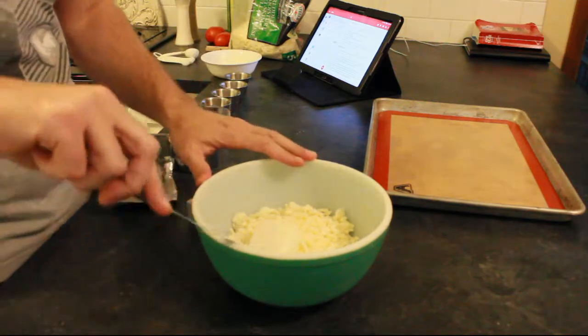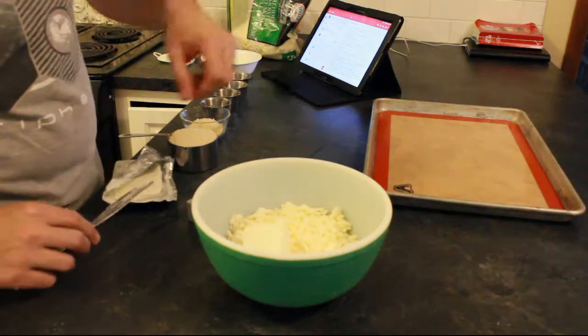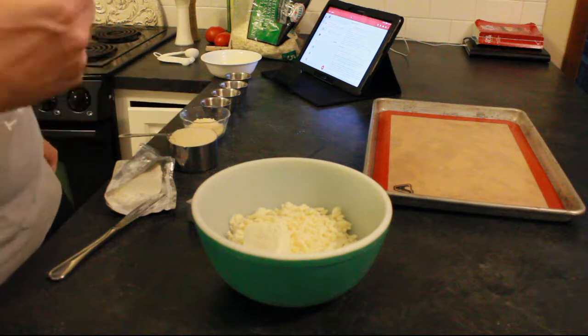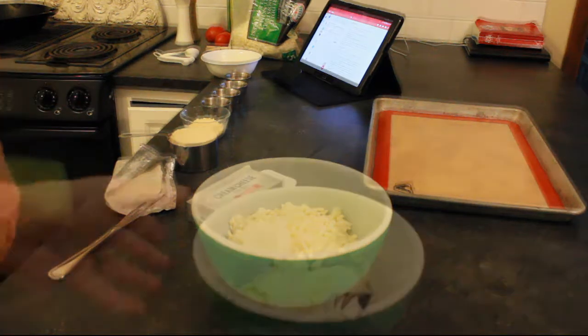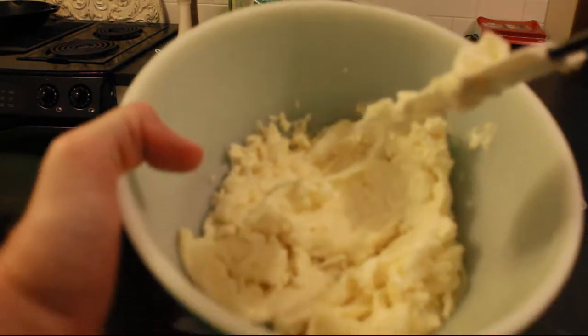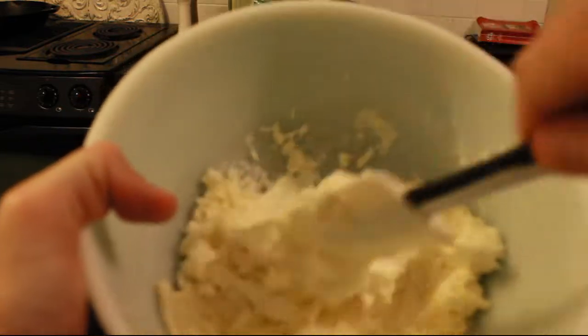I normally have to cook mine a little bit longer because we do have the frozen mozzarella, so it's probably a minute and a half before it gets to the point where I can incorporate it, but we'll check it after a minute and a half. All these recipes talk about putting them in for 30 seconds and then checking it. Sure enough, I put it in for a minute and a half and it's still not incorporated at all,